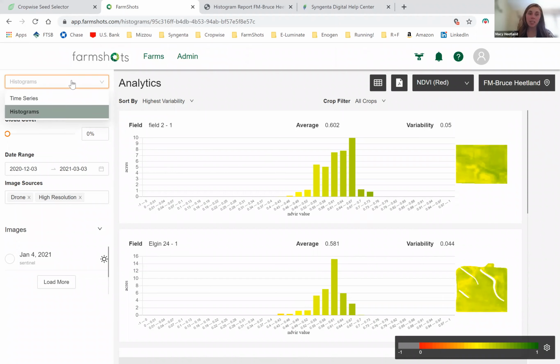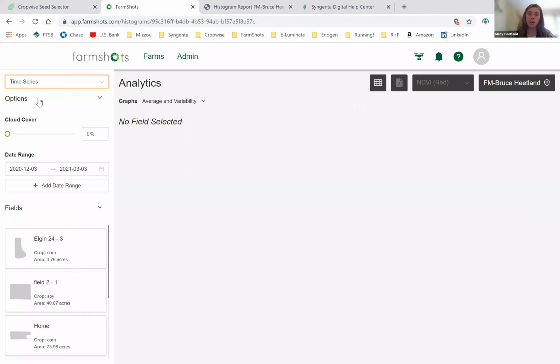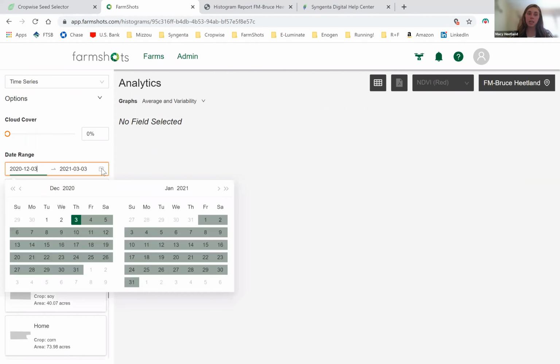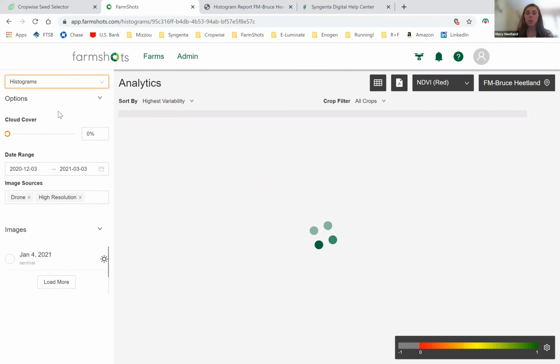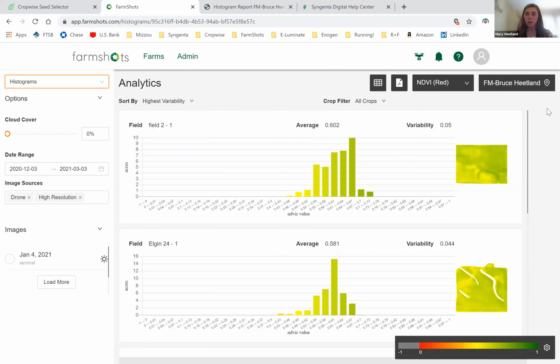Another new piece that we're excited about that has been asked for is this time series. If we select that, that gives us the ability to set a date range. So the histogram today is one single date. With time series, you can go in and select a date range that you want to view for that particular field. Then you would select your field, and from there it will pull up a bar graph. So just know that you have the histogram view or a time series view now. Both of those are options within the histogram view that you could get to right at the upper right